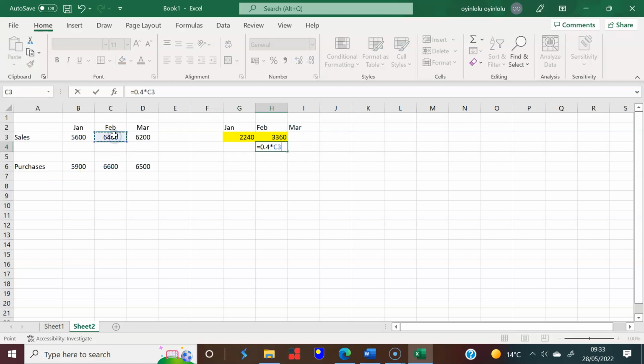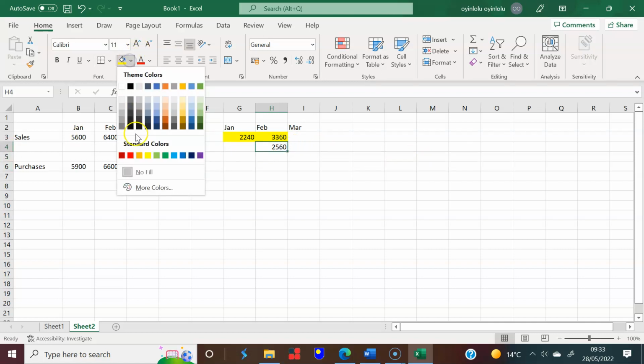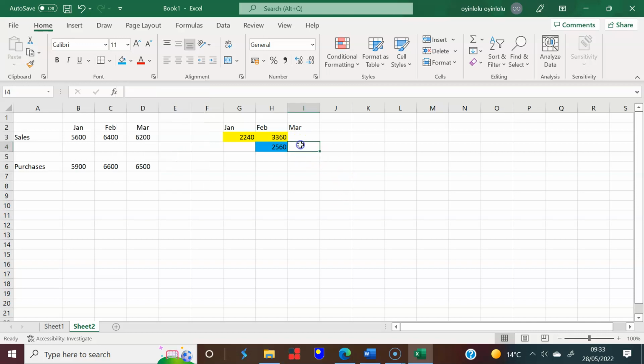40% of what it is you sell, right? And I'll just use a different pen color, I mean, a different shade. Let's use blue. And then in March, you're going to get the difference, which is this minus the 2,560. So you're going to get that in March, but that's come from February. That's the balance. And then in March, you're going to get